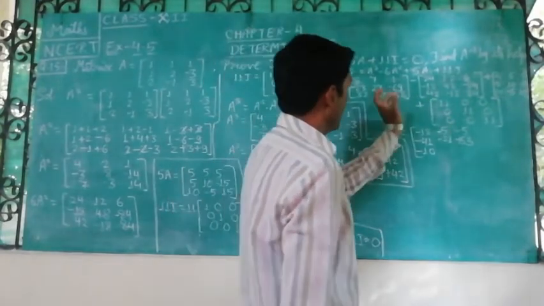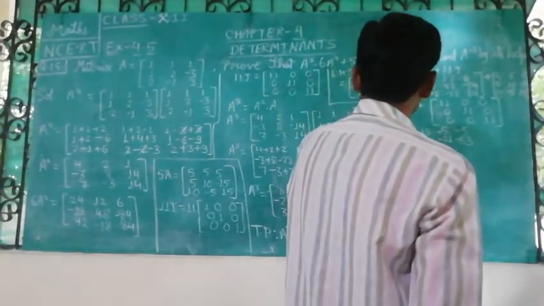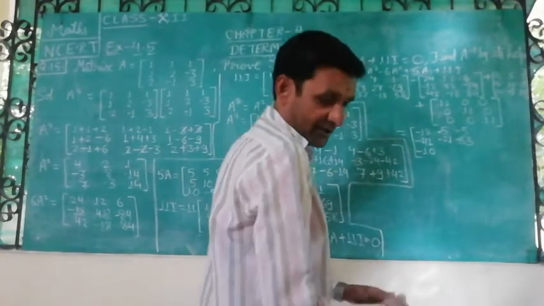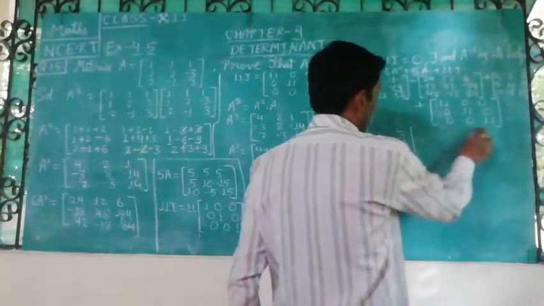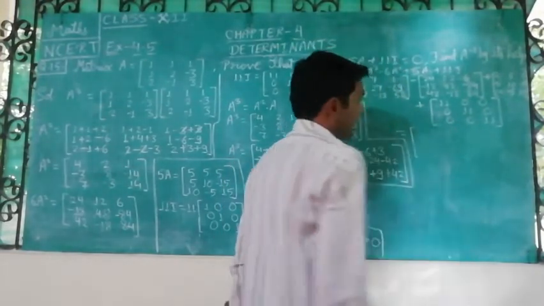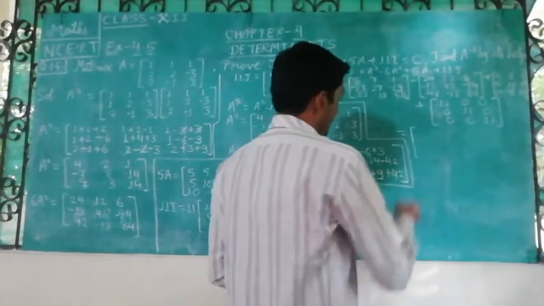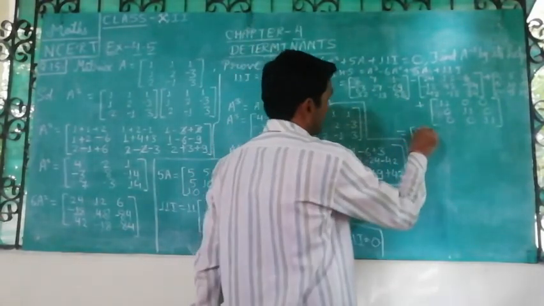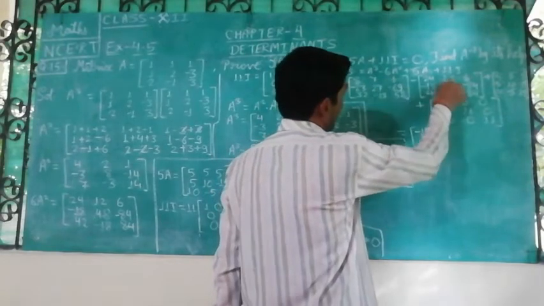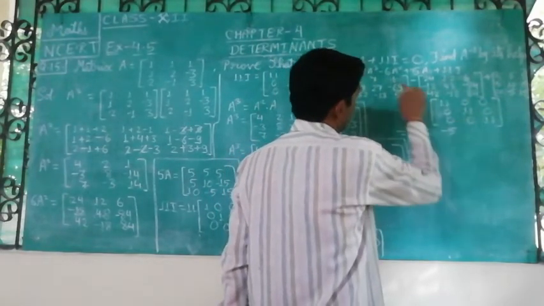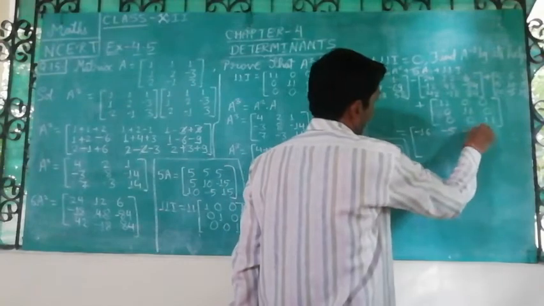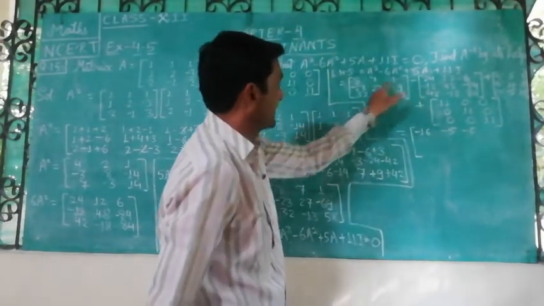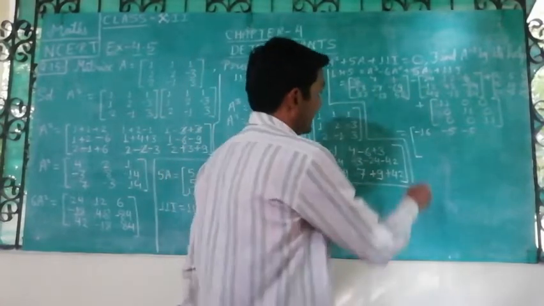Here somewhat mistake we have done. Minus 23 plus 18, sorry. Here mistake is there. This minus sign is not multiplied inside. See, again we are doing 8 minus 24. That is minus 16. Now 7 minus 12, that is minus 5. Now 1 minus 6, that is minus 5. Now minus 23 plus 18. See, minus minus plus. Minus 23 plus 18, that will be minus 5.